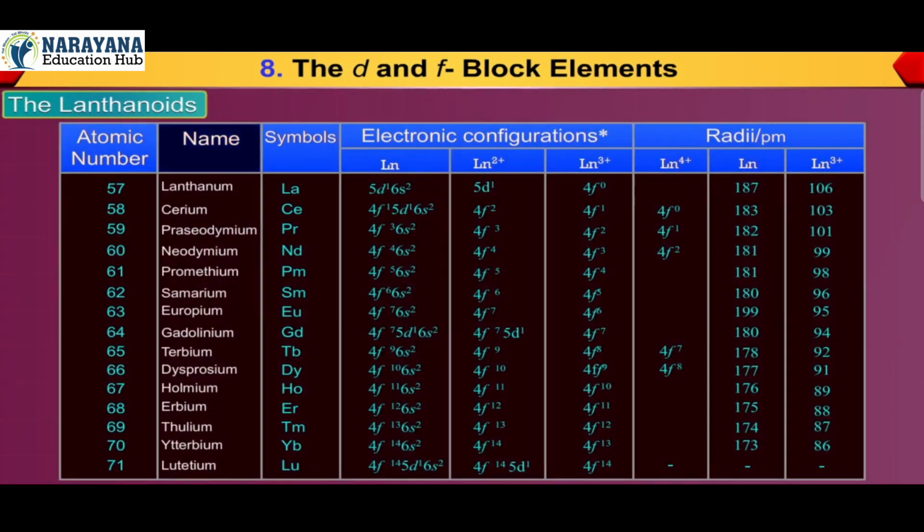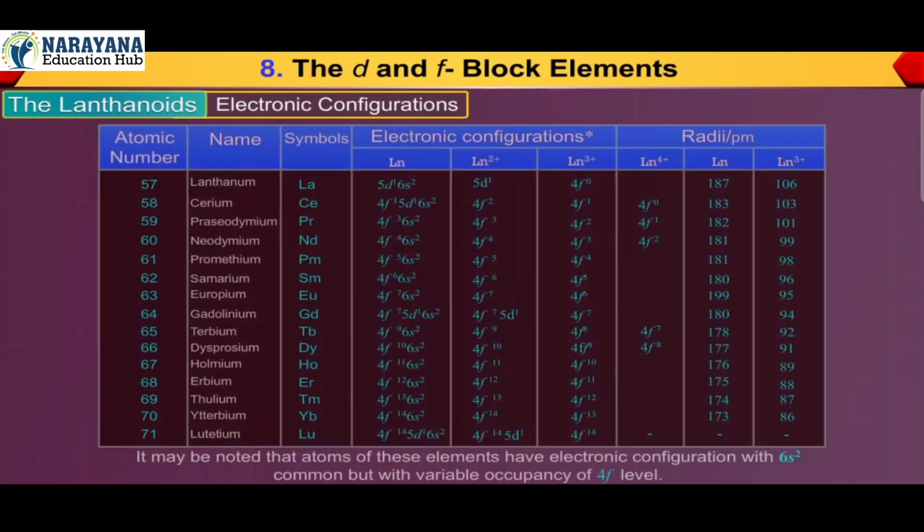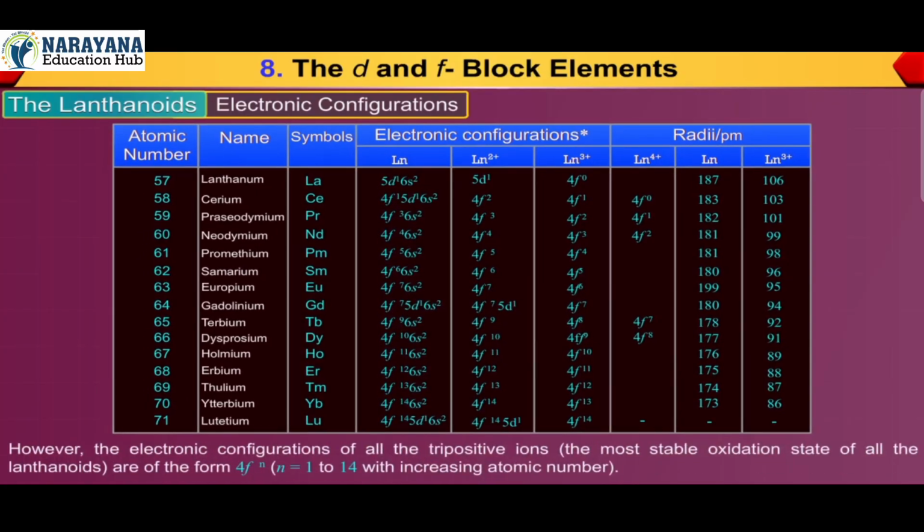The lanthanoids. The names, symbols, electronic configurations of atomic and some ionic states, and atomic and ionic radii of lanthanum and lanthanoids, for which the general symbol Ln is used, are given in the table. Electronic configurations: it may be noted that atoms of these elements have electronic configuration with 6s2 common, but with variable occupancy of the 4f level. However, the electronic configurations of all the tripositive ions, the most stable oxidation state of all the lanthanoids, are of the form 4f^n,